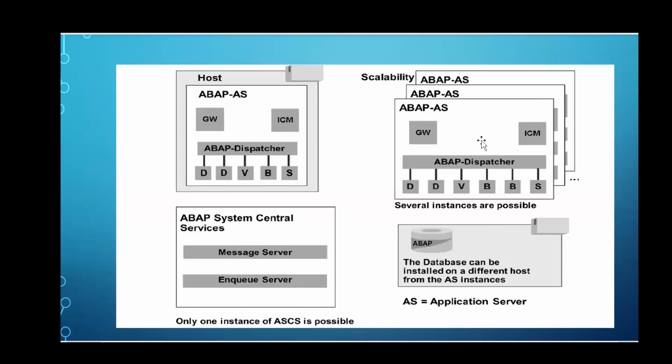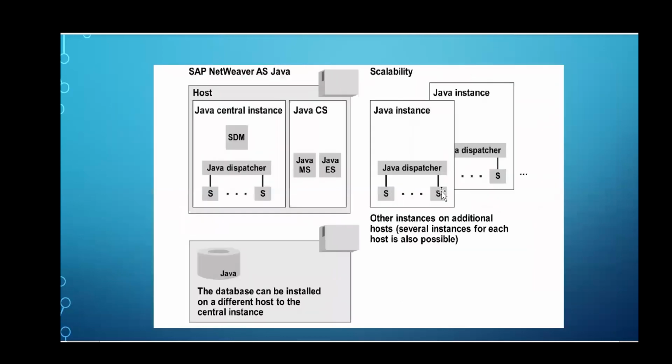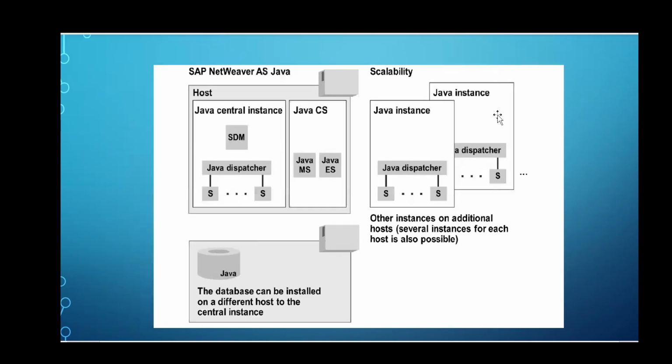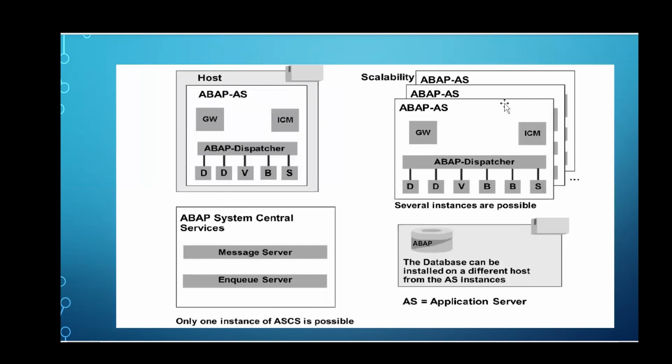So what happens? My NQ will be missing in each host. If you see here, each application instance can still have NQ. Maybe I haven't added this E here. This B is nothing but E. This is B and this is E. It's a mistake here. So here you will have NQ for each host, but here you will not have NQ for any of these hosts. You will have a separate NQ server.